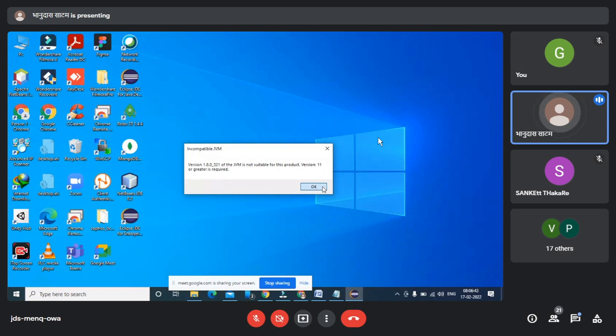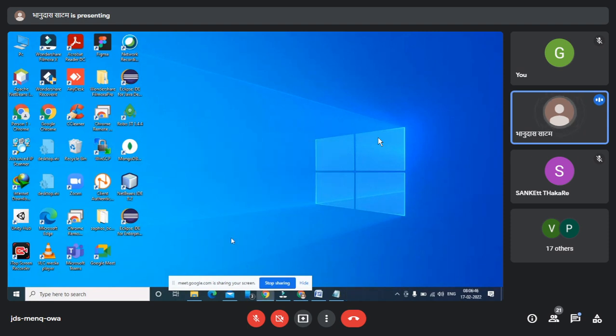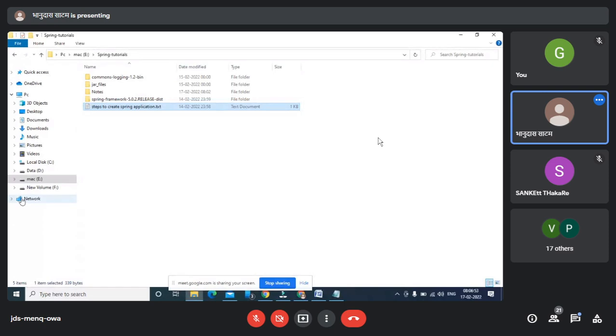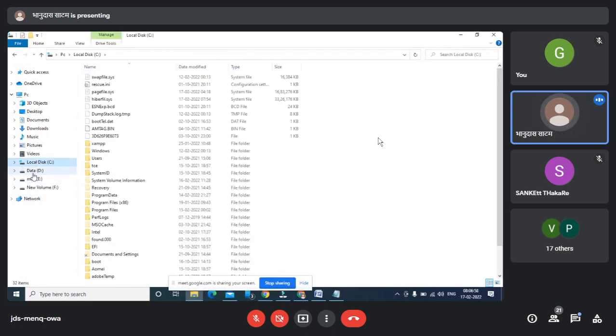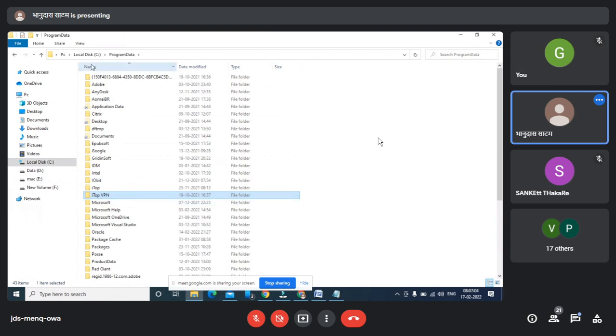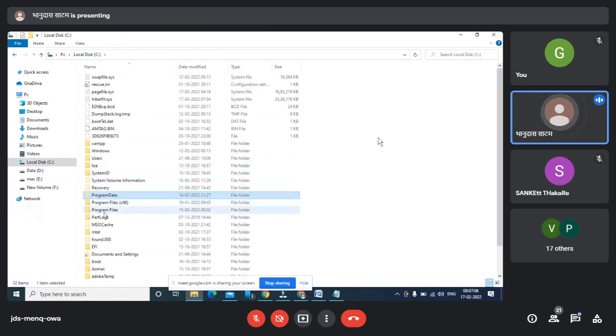version. It is saying that JVM is not suitable for this product. Version 11 or greater is required. Okay, which I already have. Let me check. I have n number of Java versions, and that's why I'm finding trouble here to install the Eclipse here. So let me sort out this